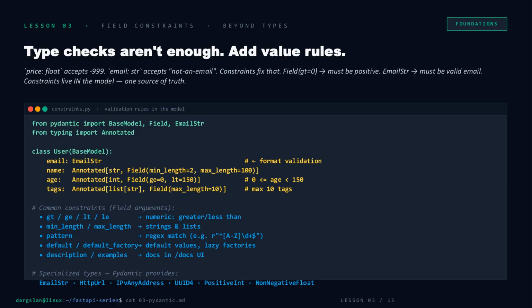But types alone are a leaky contract. A float happily accepts -999 as a price, and a plain string will gladly hold "not an email". So we tighten the contract with field constraints and specialized types. Annotated with Field gt=0 for a positive number, ge and lt to bound an age, max_length to cap a list, and EmailStr for real format validation. Use gt, ge, lt, le for numbers, min_length and max_length for strings and lists, pattern for regex, plus ready-made types like HttpUrl, UUID4, or PositiveInt. The point? These rules live inside the model, so you've got one source of truth, and your docs UI gets